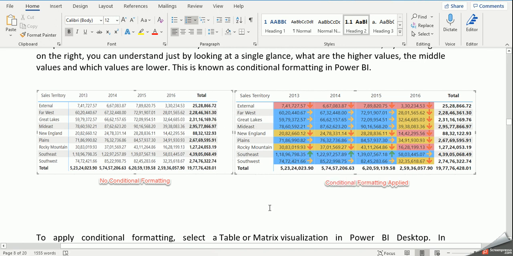We will do a simple example to apply conditional formatting in a table, and this conditional formatting will have some more tutorials in the future. I will create some more videos, because it will not be covered in a single tutorial. So this will be the first for conditional formatting.